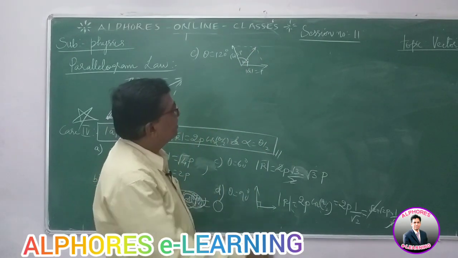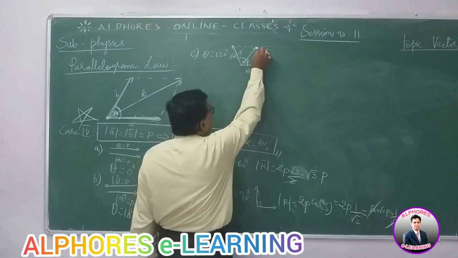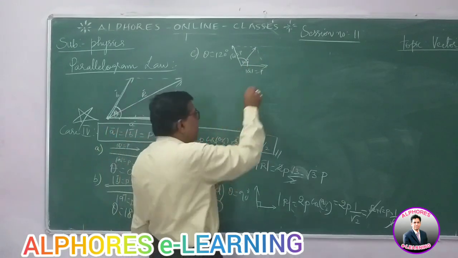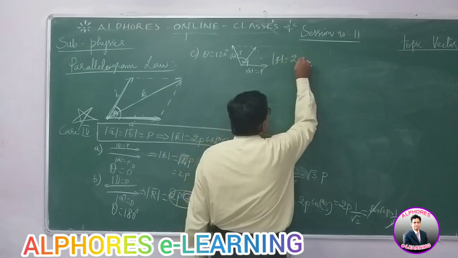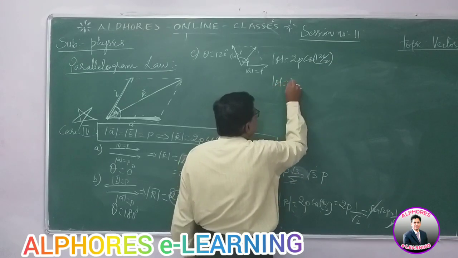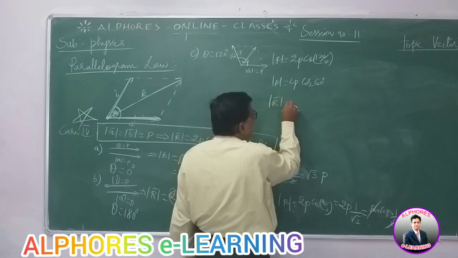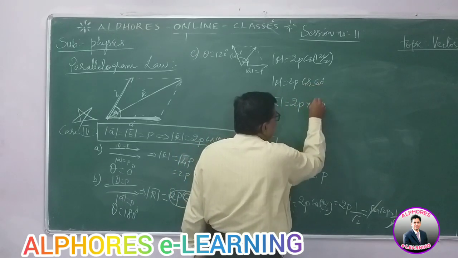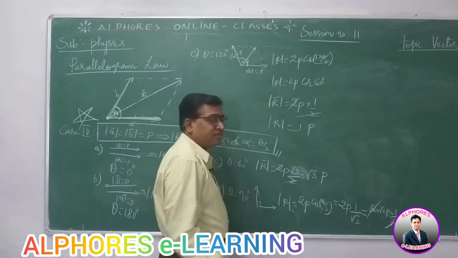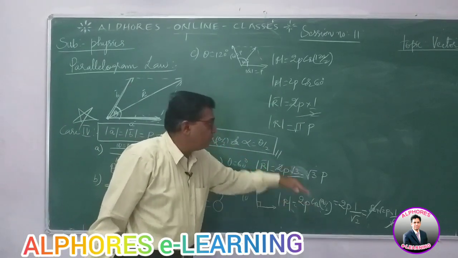You see, actually this side and this side both are equal. Now if this and this are parallel, so this is equal, and these three form an equilateral triangle actually. So we'll find out what is the resultant. It's 2p cos 120 by 2. So mod r is 2p cos 120 by 2, which is 60. So the magnitude of the resultant is 2p cos 60. It's 1 by 2. So mod r is p, 1p.